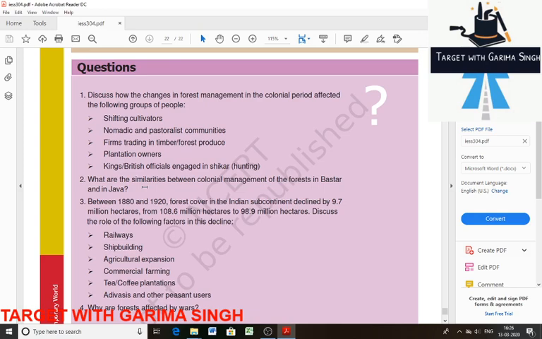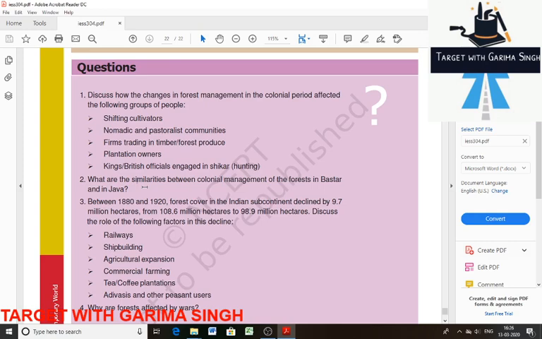The villagers rose in rebellion, but the uprising was soon suppressed. The Dutch enforced forest law as in Bastar. The villagers were restricted from entering the forest, and those who opposed the ban were severely punished.